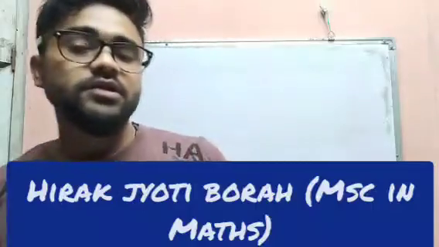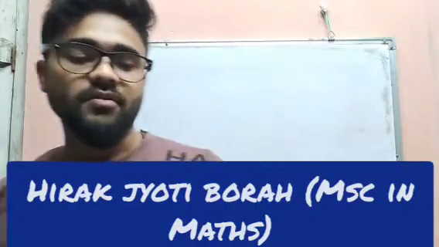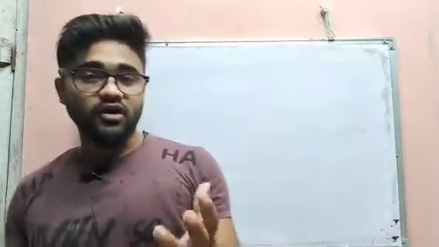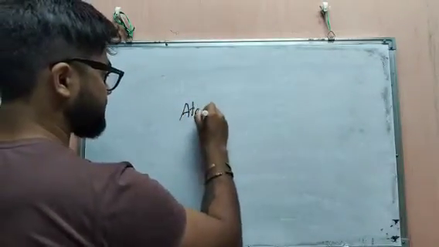So last class we discussed the atomic number, the electronic configuration, and the orbital representation of an atom's electrons. Then we discussed valency. So in this class we are going to discuss atomic mass. This is a new topic. The topic is atomic mass.